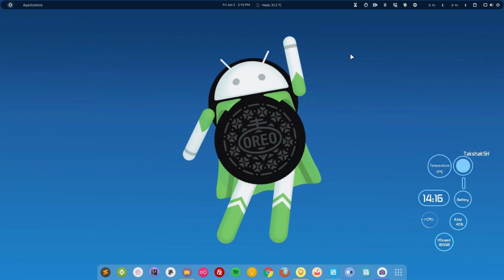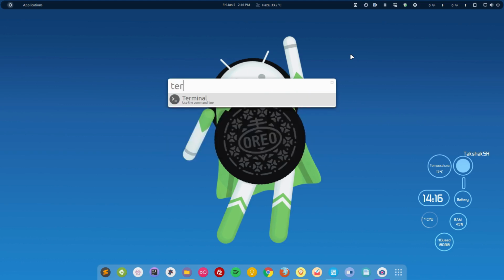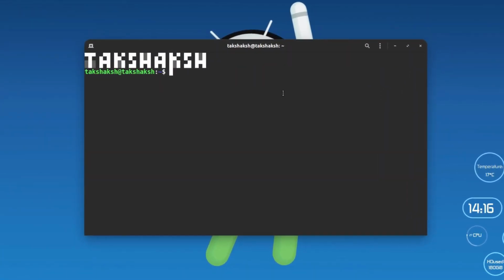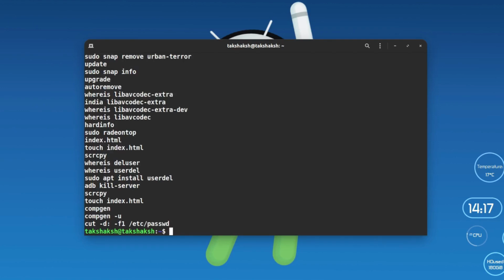So I'm going to open the terminal here. So this is the terminal, and I'm going to list the content of a file. To list the content of a file you can type cat and then the file name. The file is in the home directory, so I will type the tilde sign, then slash, and then dot, basically the file name. So it's bash history, and I will hit enter. This will give me the content of that file.